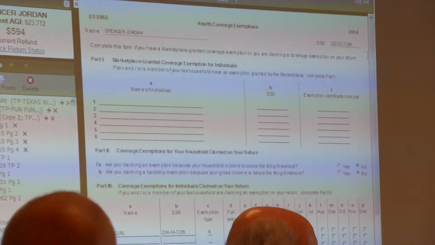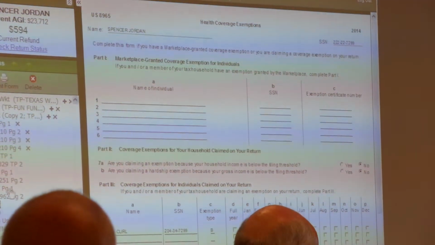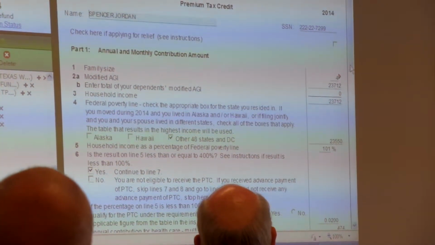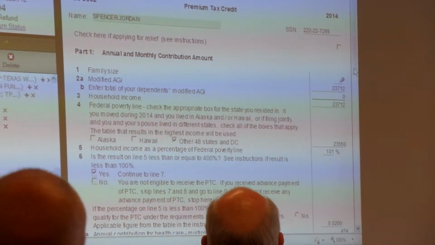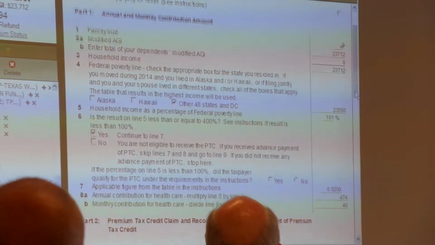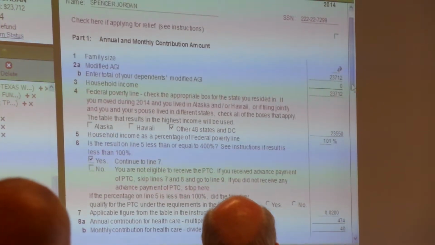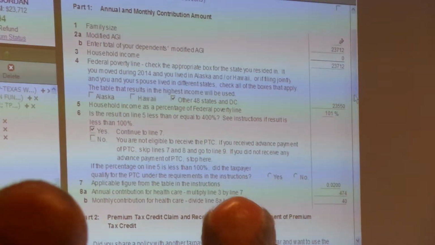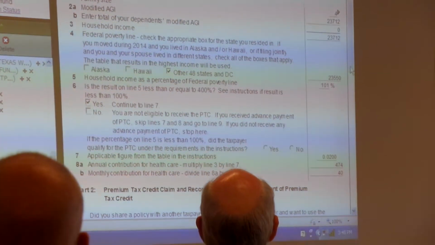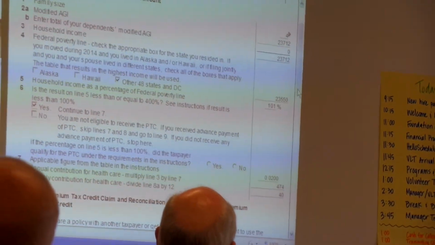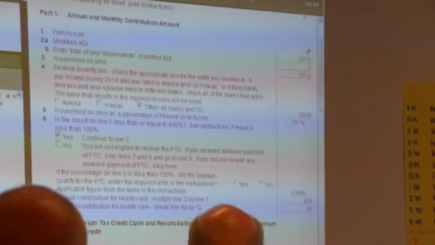Okay. Next, we go to the 8962, which is the reconciliation of the premium tax credit. And you'll see here that TaxWise has filled in a bunch of information for you. In order to be eligible for the premium tax credit, someone has to buy insurance through the marketplace. And they also have to have income between 100%